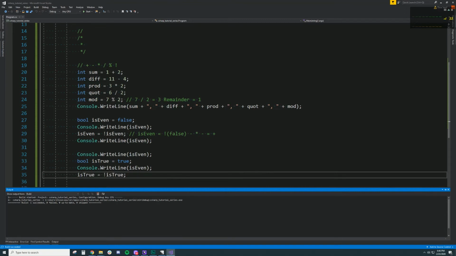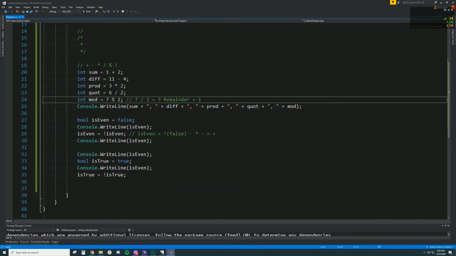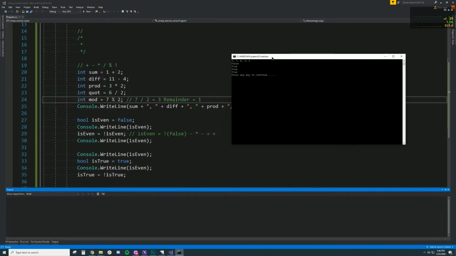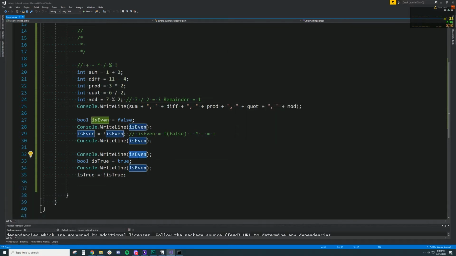So if I go and build this solution, and before you run it, try to run through this in your mind and make sure that you understand it, and then verify that by running it with start without debugging or Control F5. If we look at this, we should see 3, which is the sum, the difference of 7, the product of 6, the quotient of 3, which is the division, the modulus of 1, which is the remainder of 7 divided by 2 if it were an integer resultant, and then we should have is even, which is originally false, its negation, which turns it to true, and then we should have, oops,